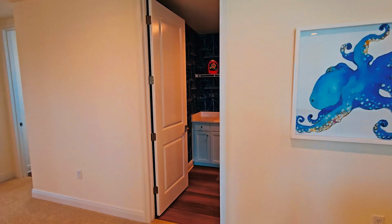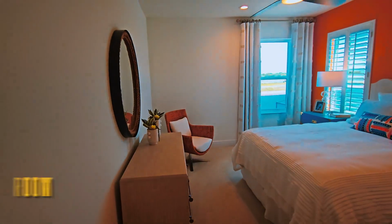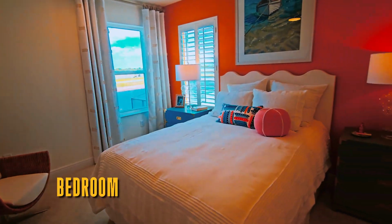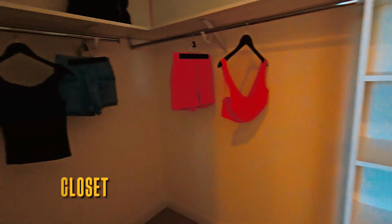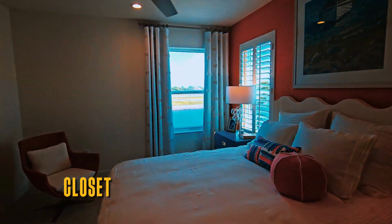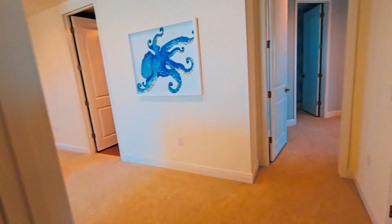So just at the top of the stairs, and I have a decision to make. Which way, left or right? I think I'll start right. Okay, so I'm guessing that this might be HVAC, and I'm correct, for the upstairs area. It is nearly 3,500 square feet. So you got double units. Really good size closet for this secondary. So you got another bedroom up here on top. And as we cross the hall,